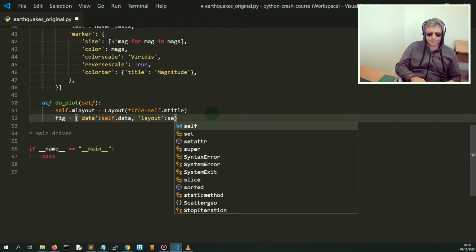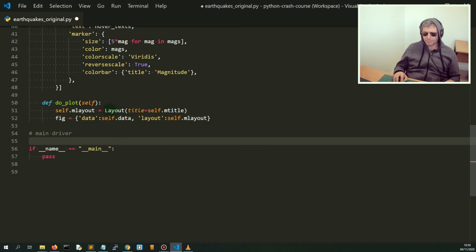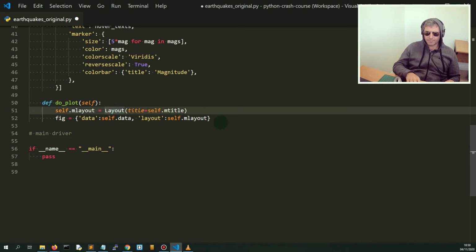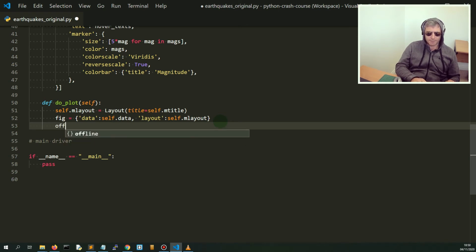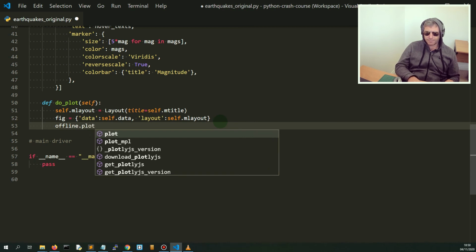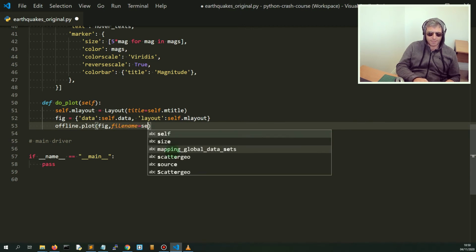self. We want to use the layout that we've just created, which references the title. You could have other things in this layout as well as title. So we do fig, which creates the figure. Then offline, again, this is another Plotly method. And okay, this next bit, so fig, took a bit of trial and error, equals self.mTitle